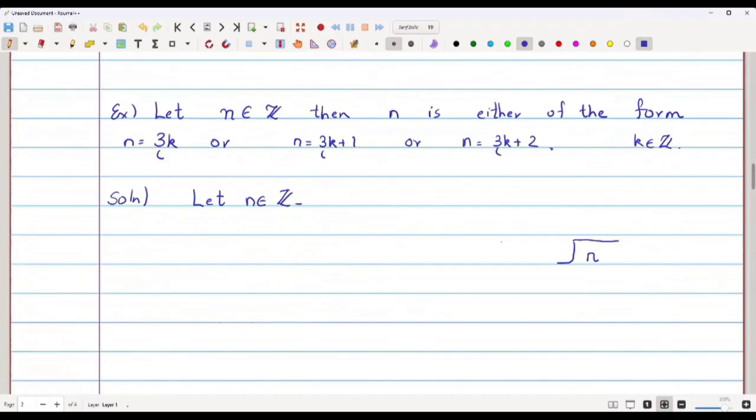So I'm going to divide n by 3. Obviously, this 3 is a non-zero number, so I can apply the division algorithm. If you remember what we have discussed in the division algorithm statement, dividend is equal to divisor into quotient plus remainder, right? So by division algorithm,